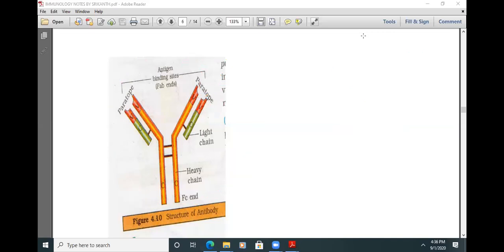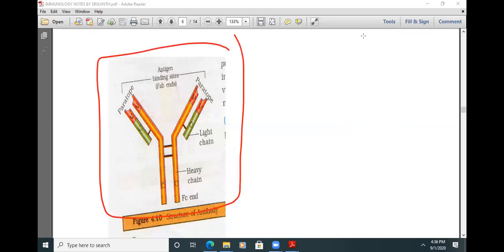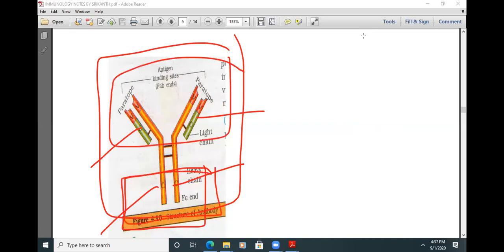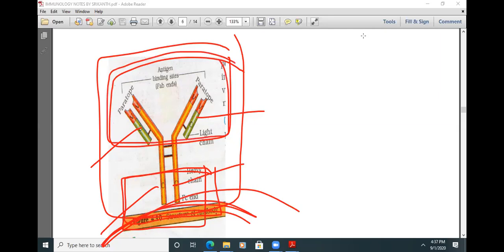So that's the story of this antibody with 4 polypeptide chains. 2 are heavy and 2 are light, and 2 portions are present, the FC end and the FAB end. The FC end is a constant region. It may attach to the B lymphocyte or plasma cell, or it may be free. The FAB end is the portion which modifies according to the microbial entry. What do you call FAB? Antigen binding site. The portion of the antibody which can bind with the antigen, we call